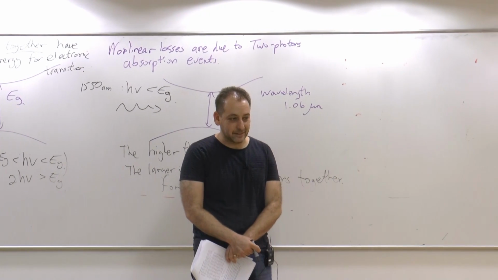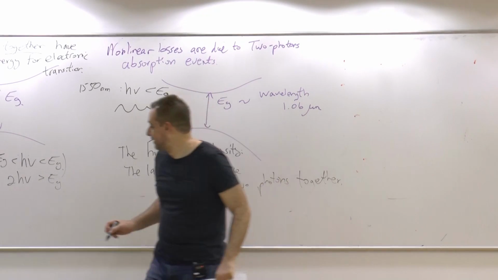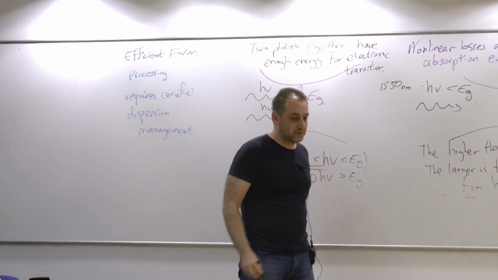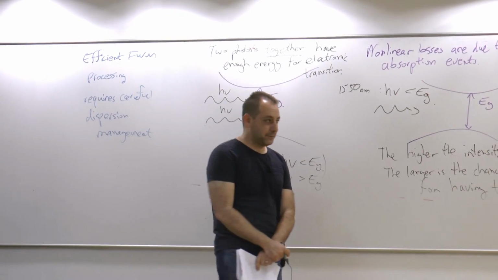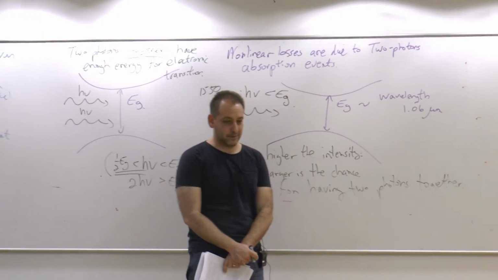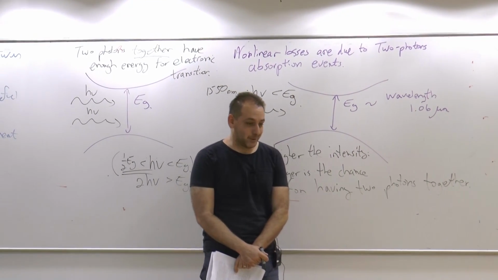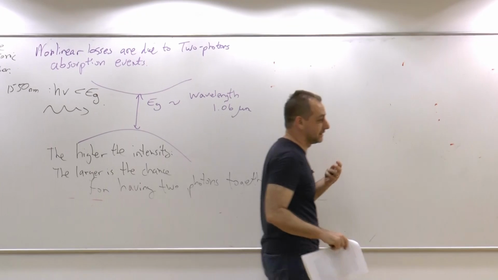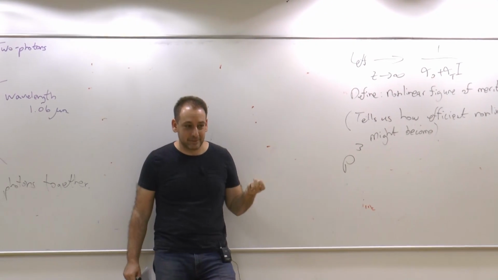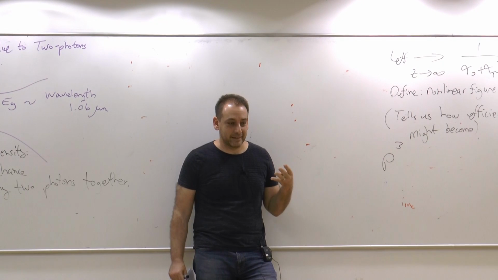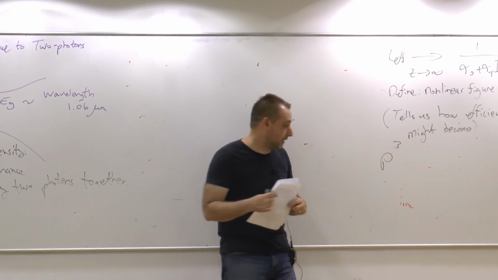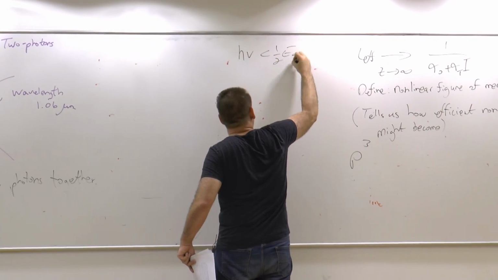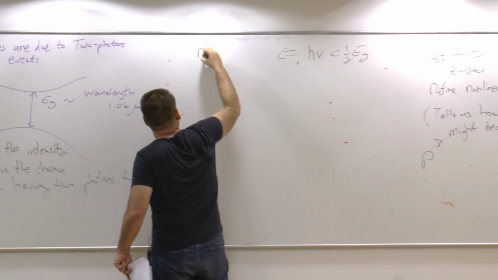There's got to be a way around it, right? Exactly. If the band gap is, say, 1 micron, what if I use light at 2 microns? Then you cannot have two-photon absorption anymore. You might have 3-photon absorption, but now the chances are a little bit more favorable. It's more demanding to have 3 photons at the same place at the same time. So the best way around it, if we make the photon energy less than half the band gap, there is practically no